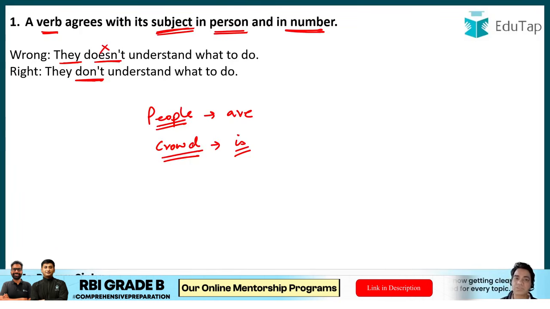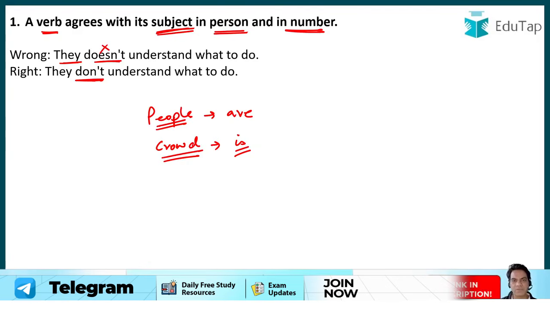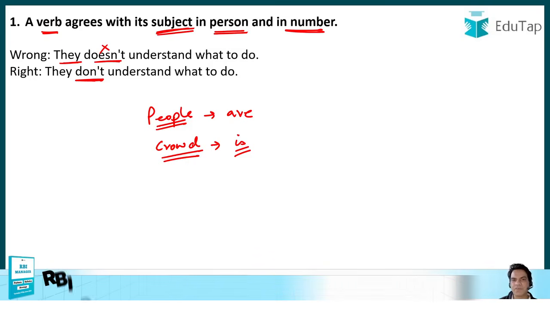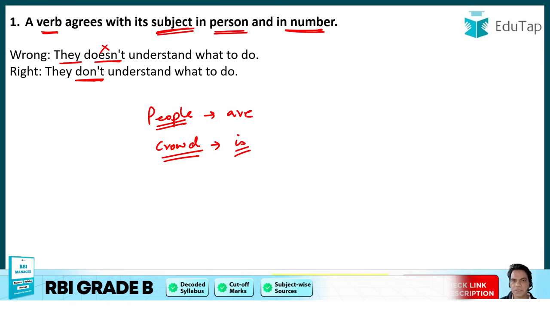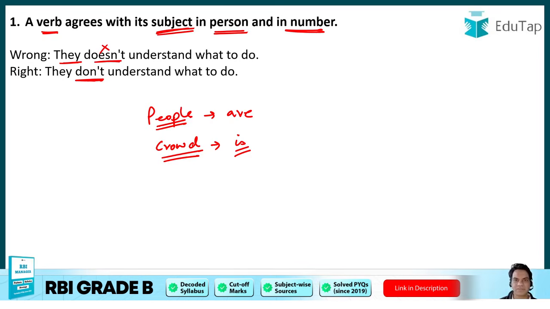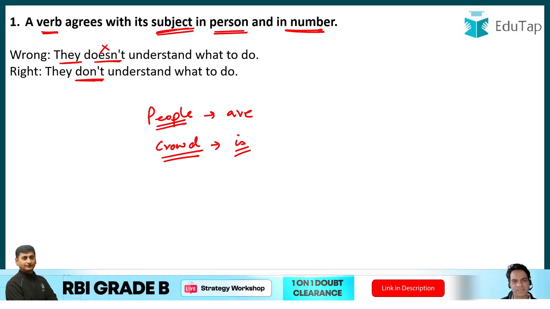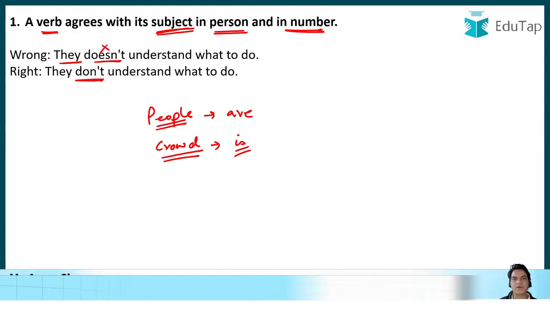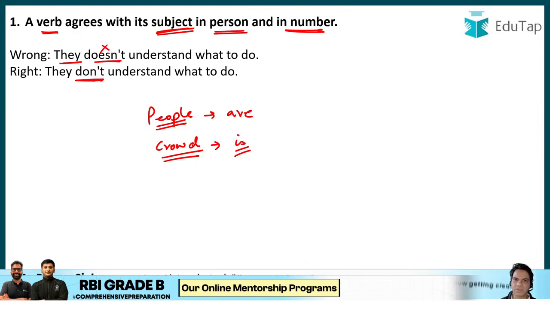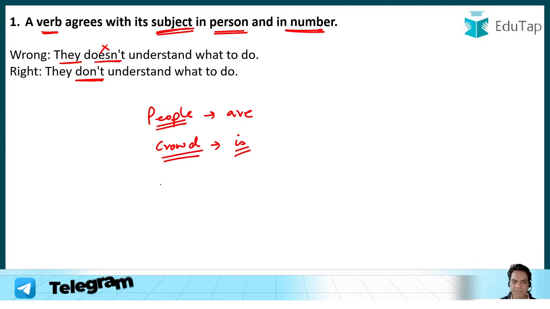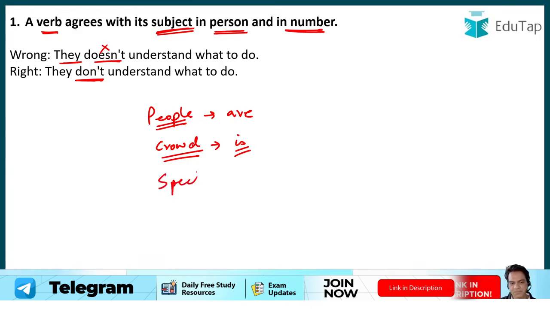So such situations might confuse you sometimes, but you need to remember, you don't just use the number of people in the word to decide the verb. No, the word will decide the verb itself. And this I will teach you in the next lecture, which noun is singular and which noun is plural. We will do that in the next lecture, next chapter itself, nouns, right? But today you need to understand, identify the word. If it is singular, it will take a singular verb, and if it is plural, it will take a plural verb. Got it?